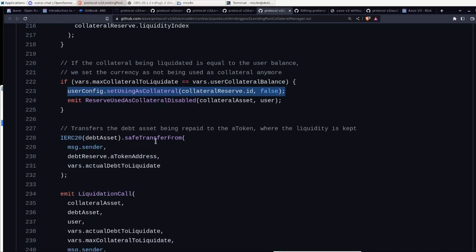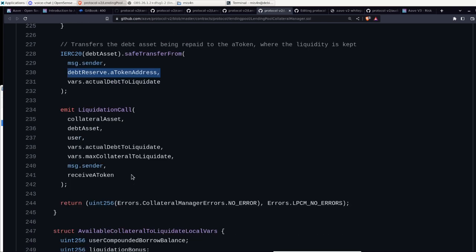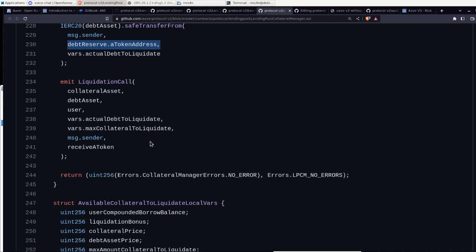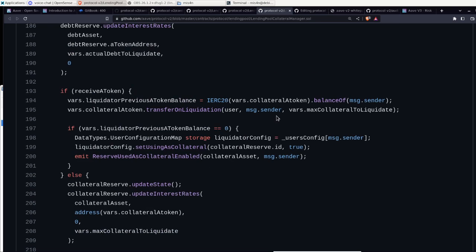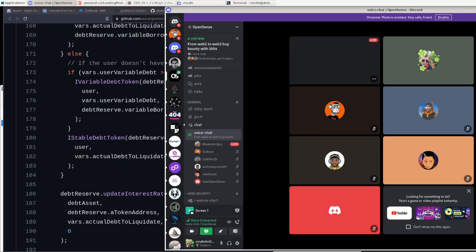And then there's a transfer that happens from the liquidator to the token address, the token reserves, of the actual debt to liquidate. And in the end, we're setting a liquidation call. Beautiful function. Quite an adventure to go over it, isn't it? I'm going to stop this session because we have already 1.5 hours, but we can keep on